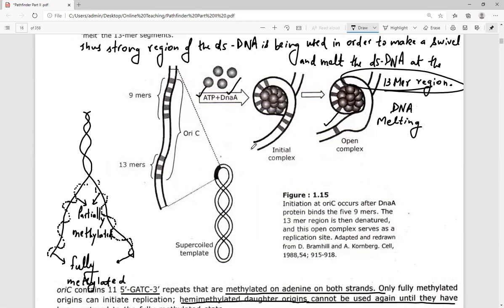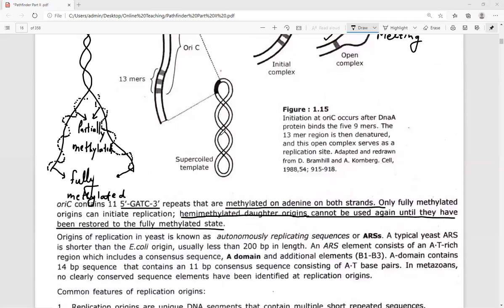So this is very important. The pattern of methylation is used to estimate where the proofreading activity is going to take place. Only the partially methylated DNA molecule is subjected to proofreading and never the fully methylated DNA molecule. You must remember that only the partially methylated DNA molecule undergoes proofreading. Please look at the chat box. I have provided a comment to you all. See, I'm just telling you a note.